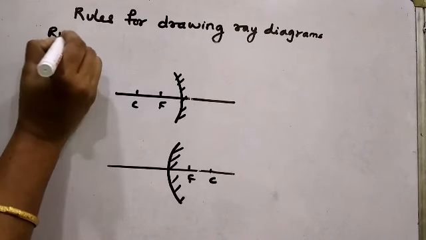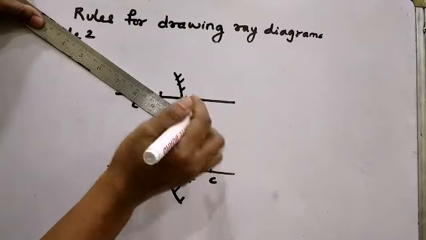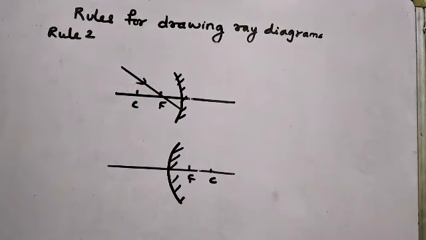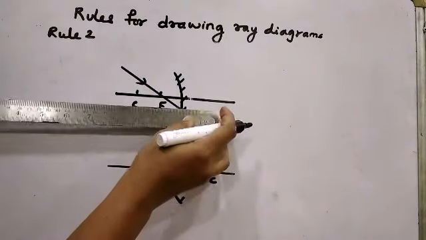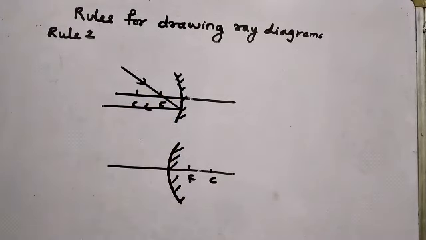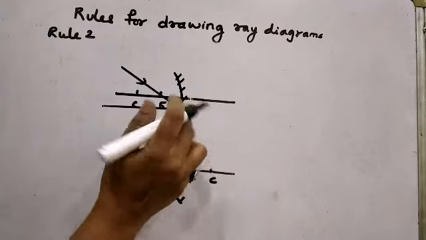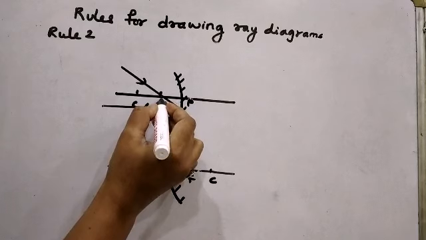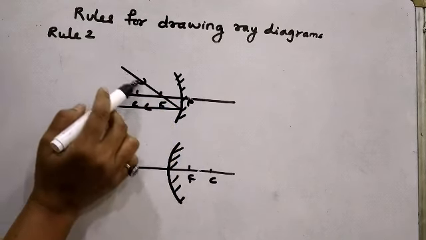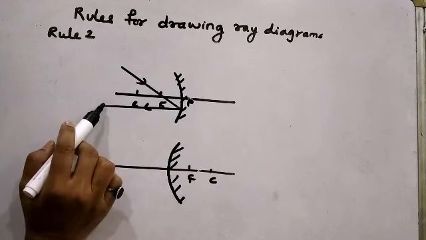Rule 2 says that if the incident ray passes through the focus of a concave mirror, then the reflected ray is parallel to the principal axis. I have drawn a concave mirror, the principal axis, and this is the pole. At an equal distance, take the focus, and at an equal distance, take the center of curvature. So if the incident ray passes through the focus of the concave mirror, then the reflected ray is parallel to